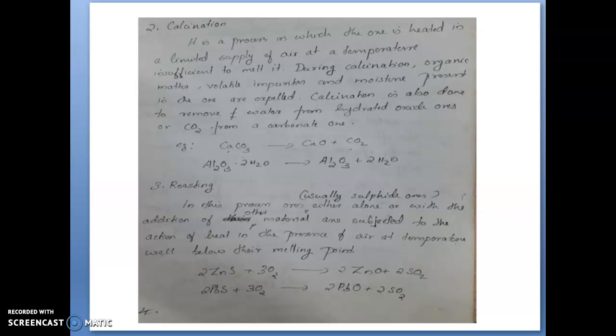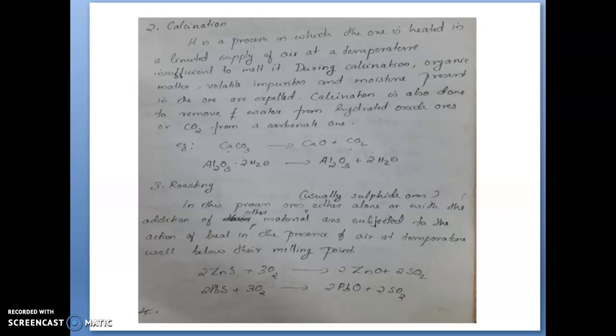The next method is reduction by an electropositive metal, and that method is termed the Goldschmidt thermite process. Please note down the term, that is very important, Goldschmidt thermite process. Here this is applied on metal oxides which are not reduced by carbon. That is usually when this method, the Goldschmidt thermite process, is carried out.